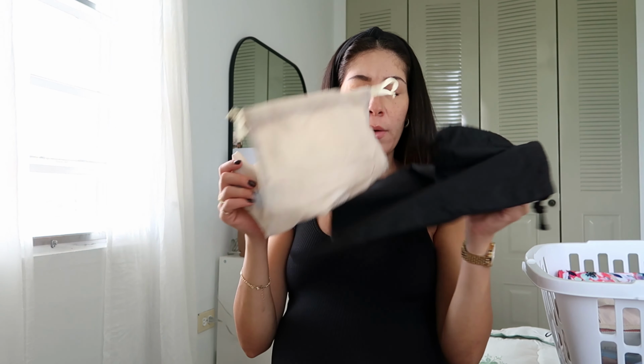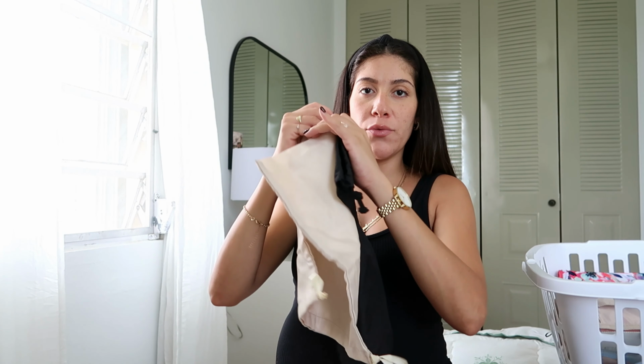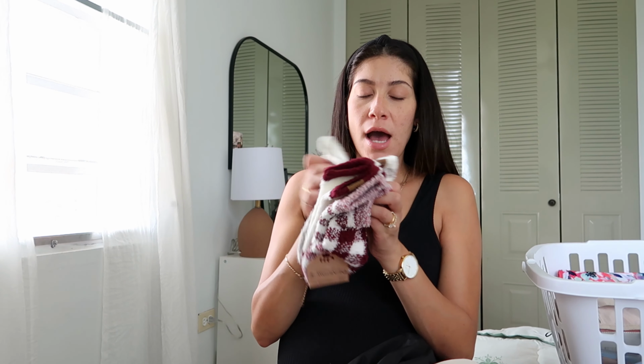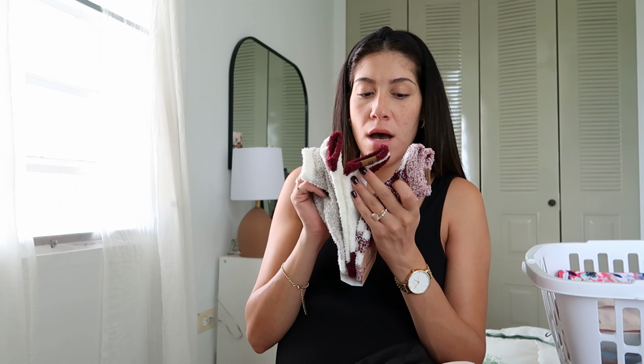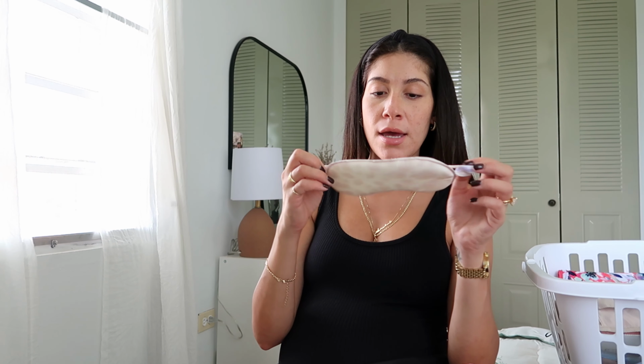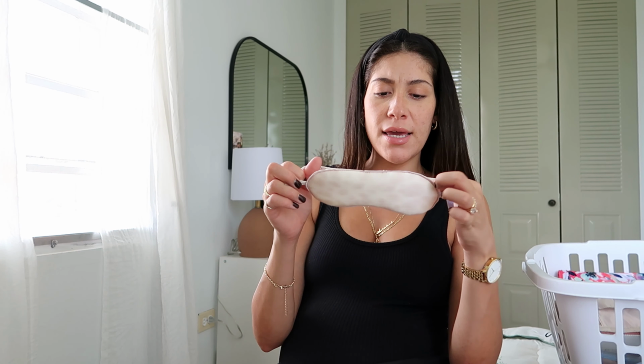I have little garment bags to throw my dirty clothes in. I got a pack of fuzzy socks. It comes with 3 pairs. I'm gonna bring all 3 just in case, because they don't give you socks here, and I love socks. I also got a sleep mask that I'm gonna be bringing